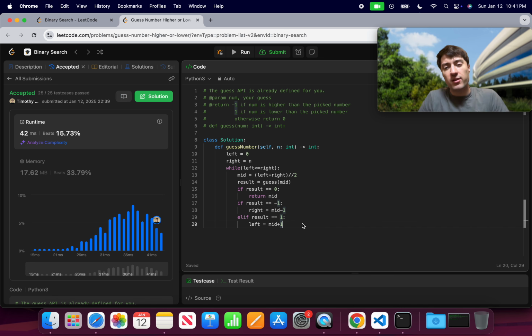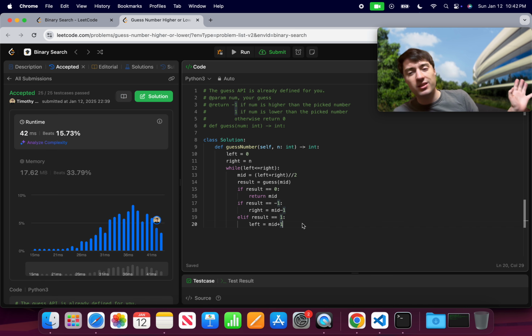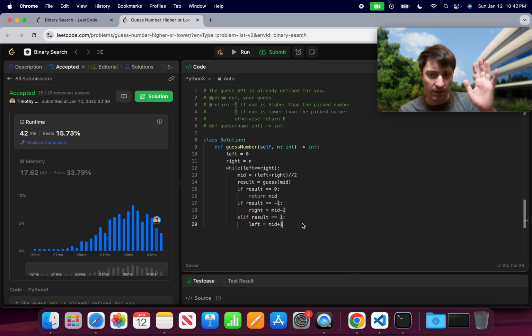So that also indicates to myself that yes, I am improving, and it is getting into my subconscious that I'm able to see a problem like this and then just write it. I don't even have to think about it anymore,